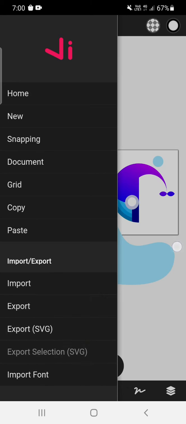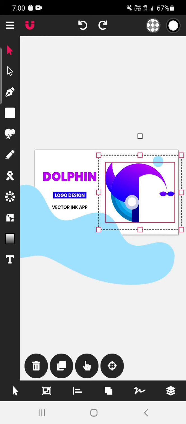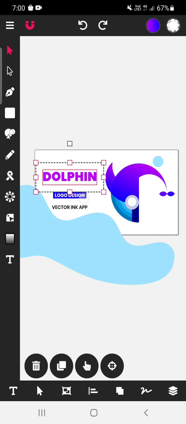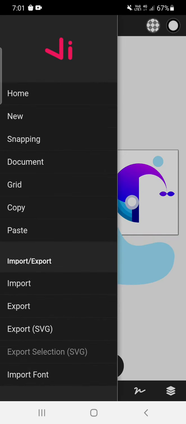Export in SVG form. In this export option, you can export this document as it is. Means the shapes, the text, everything will be exported in the SVG form, which you can email to yourself, and then you can open it from Adobe Illustrator, which I have tried and successfully I have tried. So we can edit the document from the Adobe Illustrator from your laptop also. So this is export to SVG form.